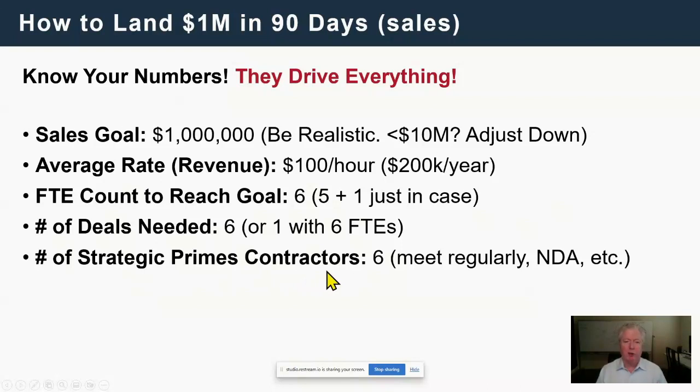And what I mean by a strategic prime contractor in this space is somebody that you have reached out to and established a relationship with, where they agree to work with you. They want to work with you, and then they're just going to figure out over the next 90 days, for example, how they're going to work with you. You're not going in, by the way, and just saying, hey, give me. You're going to have a strategy to reach out, develop the relationship,